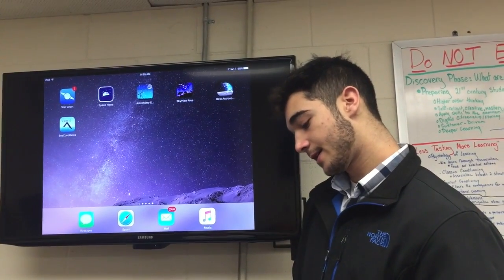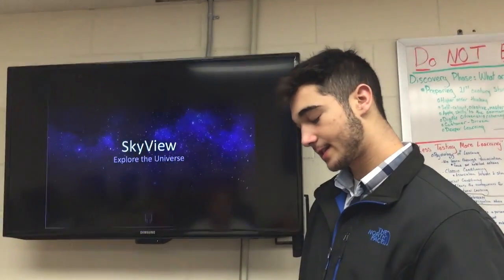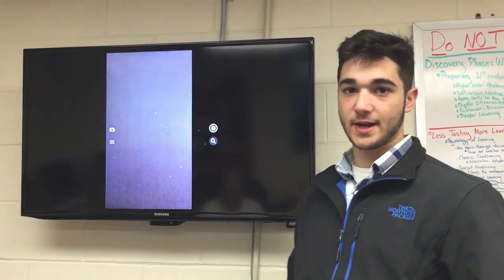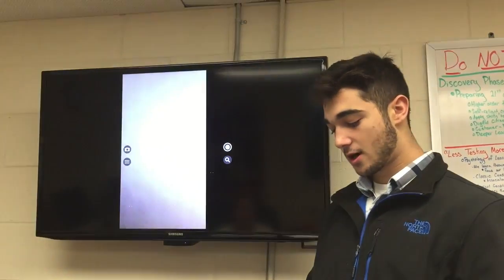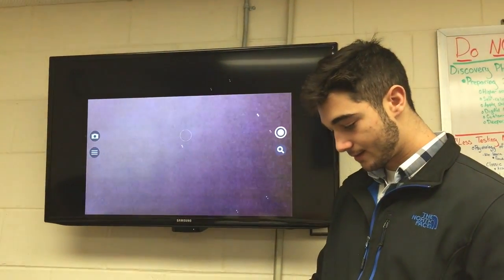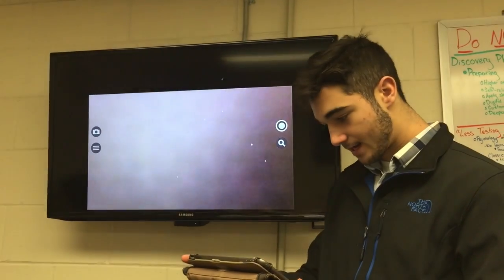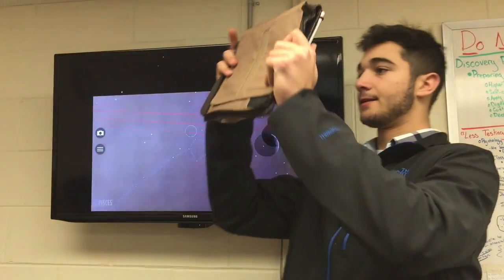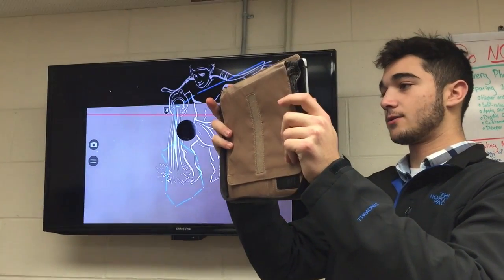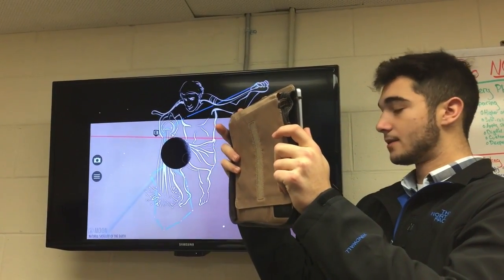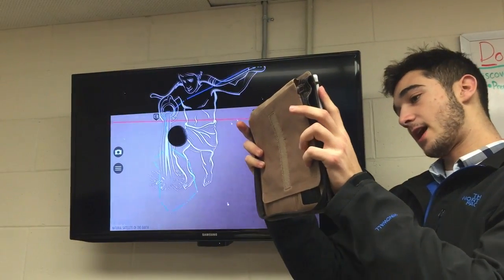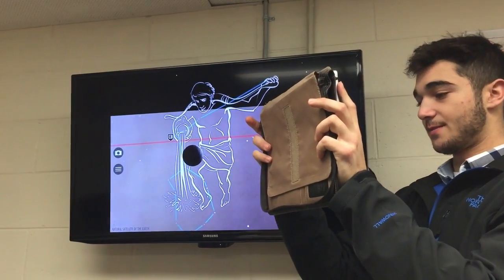Then this one is just like Star Chart. It's Skyview free. Again, another free app that astronomy students could use. And so for this one, as you can see, I'm pointed up, and it's not as good of quality. It doesn't have all the names. Yeah, exactly. Star Chart is definitely a better app, but as you can see, this one gives the picture of